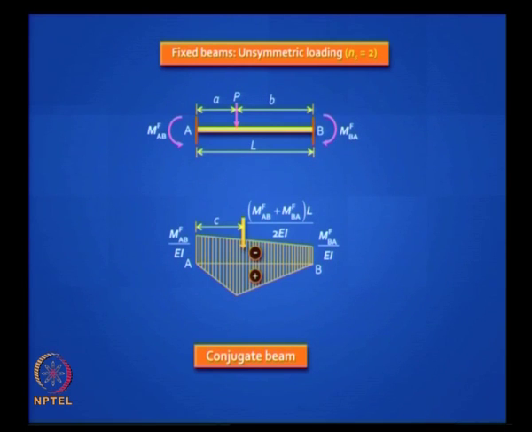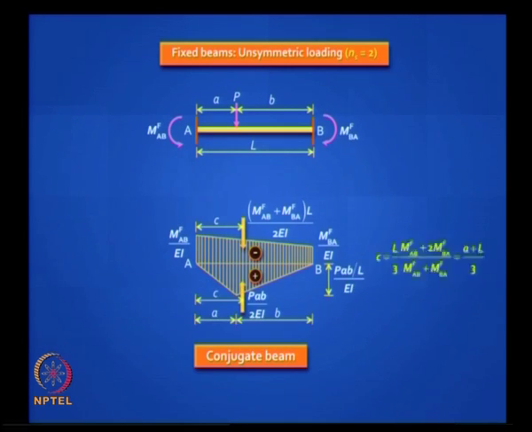Here you see that if you have a load P acting not in the middle, then you will have two moments which will be not equal to each other. The larger moment will be always nearer to the load. So in this case, if A is less than B, MFAB will be numerically more than MFBA, you have to equate the area of now a trapezium with that of a triangle, and you have to find their lines of action. This can be done.